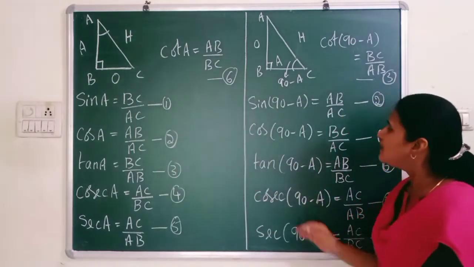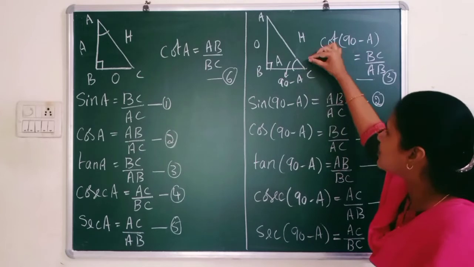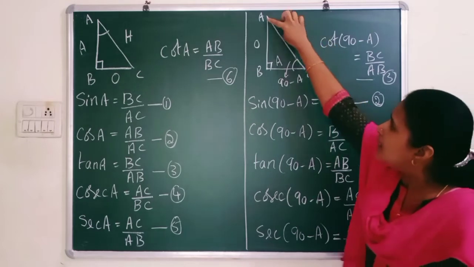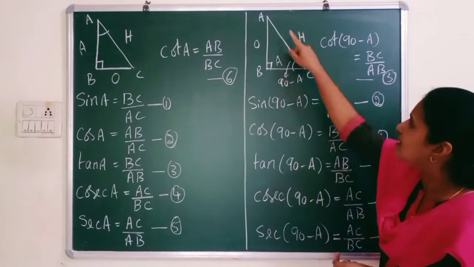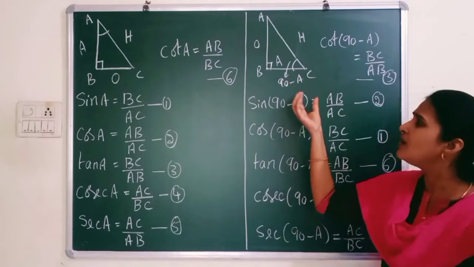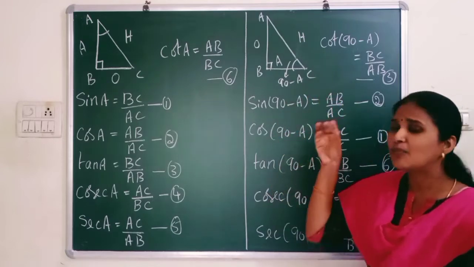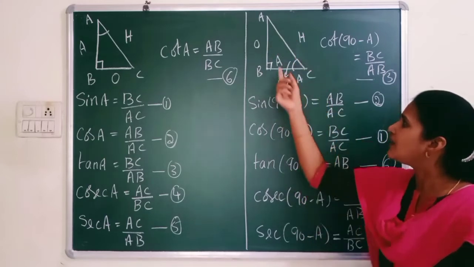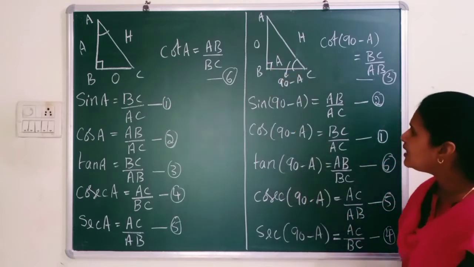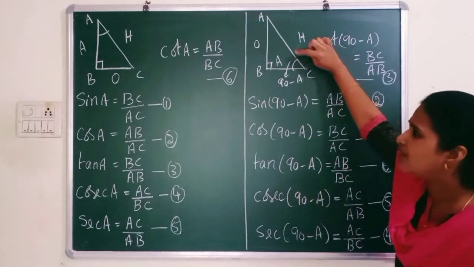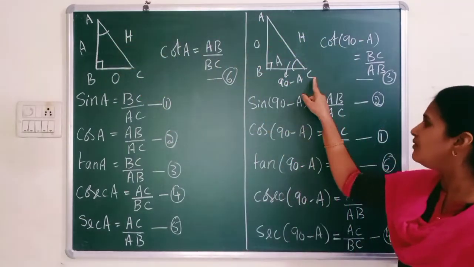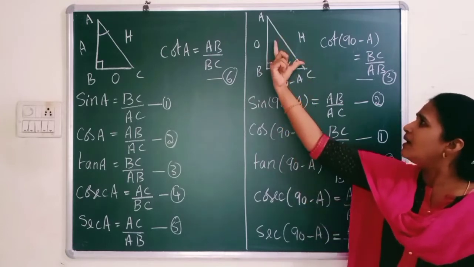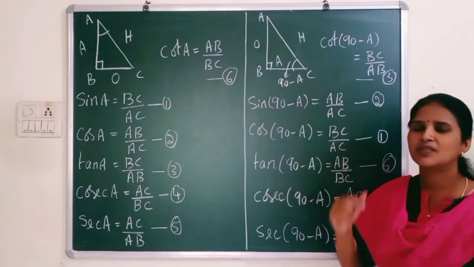Now let us write again the 6 trigonometric ratios with respect to angle C. Now angle C is the acute angle. If angle C is the acute angle, AB is the opposite, BC is adjacent and AC is the hypotenuse. So be careful: whichever acute angle you are taking, the side opposite to that acute angle becomes opposite, the longest side, as you know, is the hypotenuse, and the other side becomes adjacent. Instead of writing C, we will write 90 minus A. I showed you before how you got 90 minus A, because angle A plus angle C is 90, so angle C becomes 90 minus A.